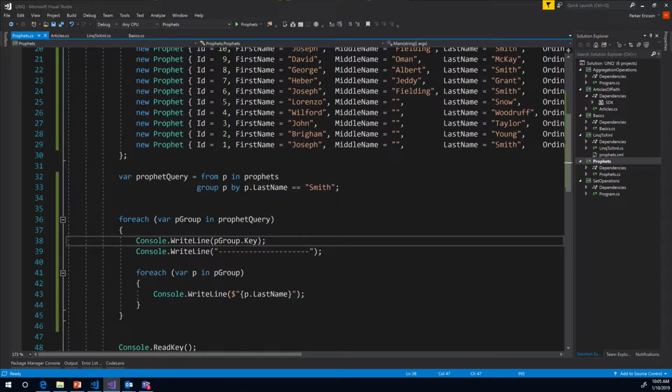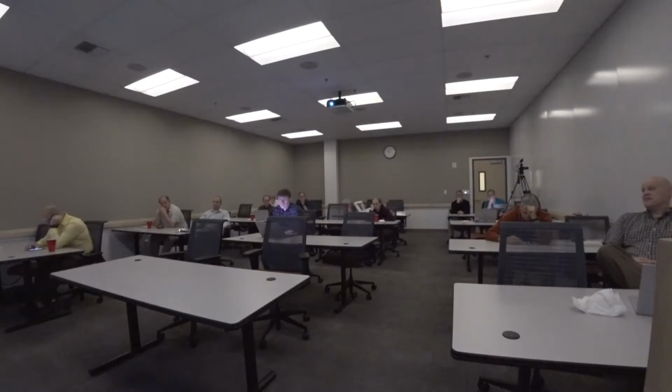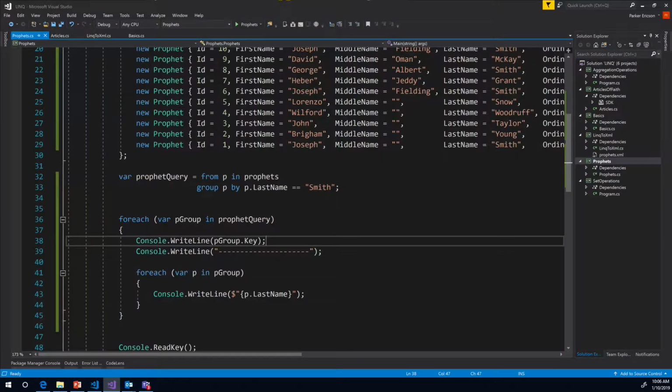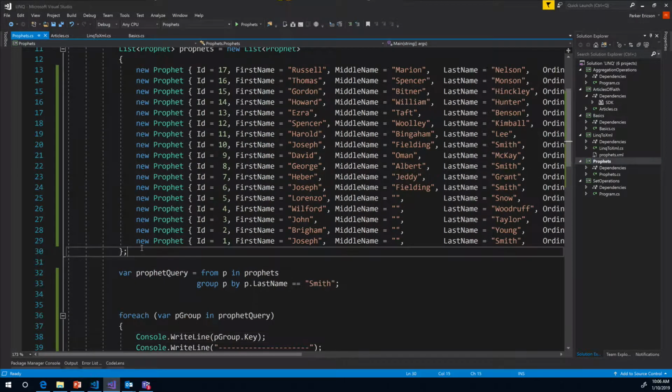The next thing that we're going to get into is joins. Joins are something that I don't use too frequently. Who uses joins on a regular basis in LINQ? Anyone? It's something that not too many people do, but it's a pretty useful tool as far as working with different data sources. So what we're going to do here is we're going to add in a new list here,